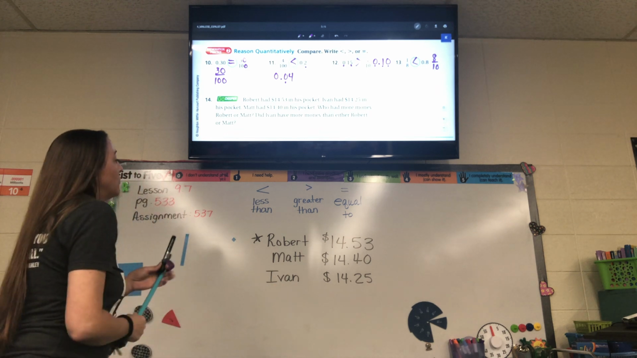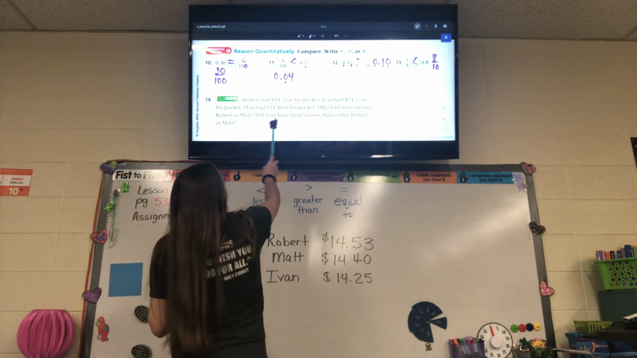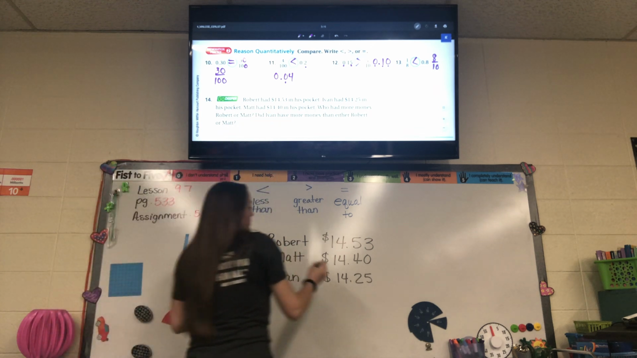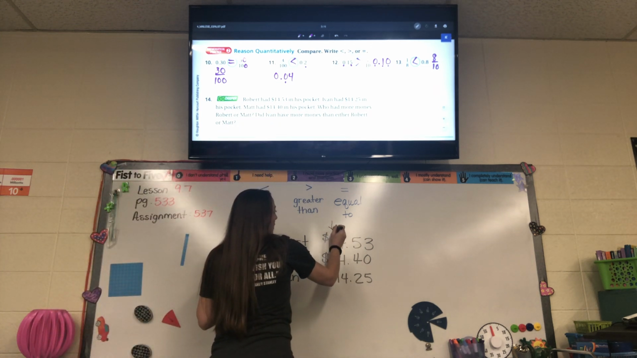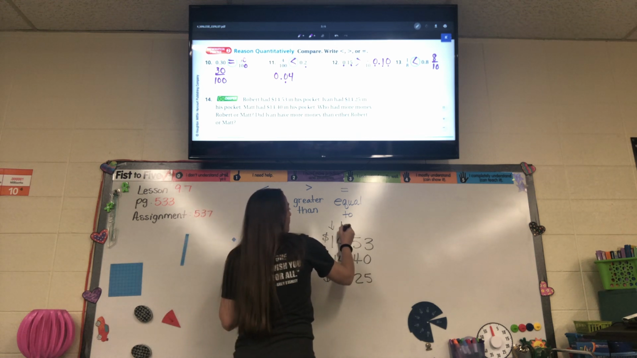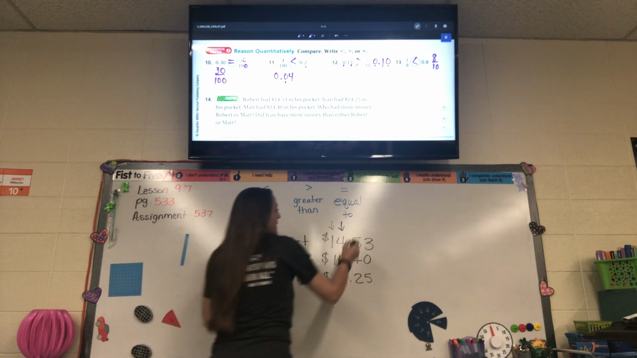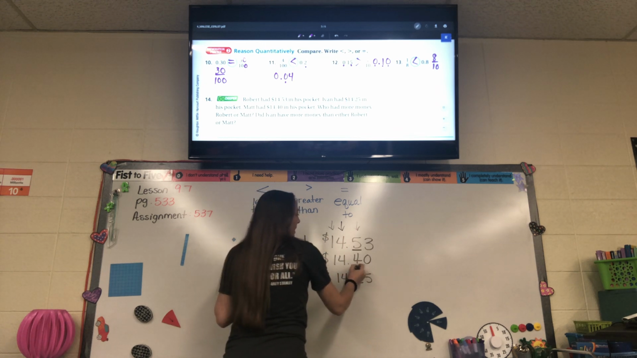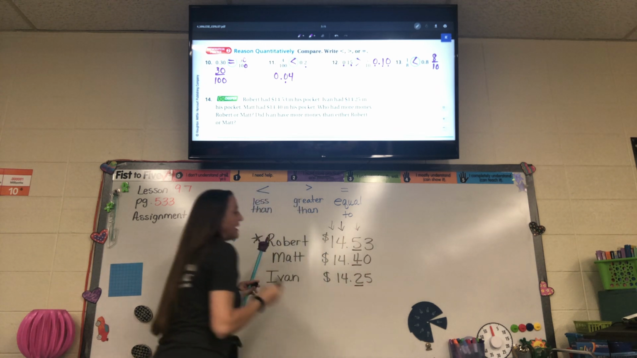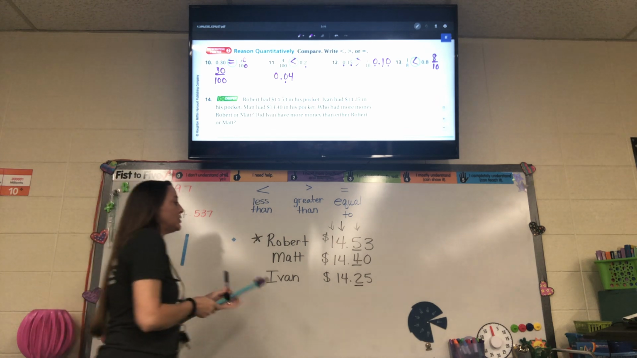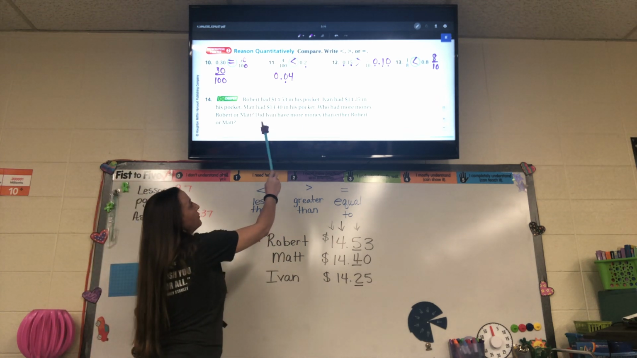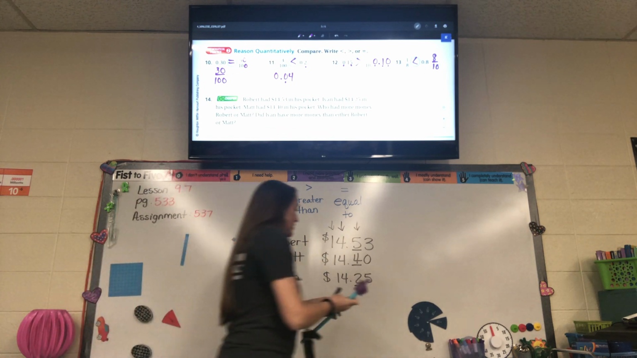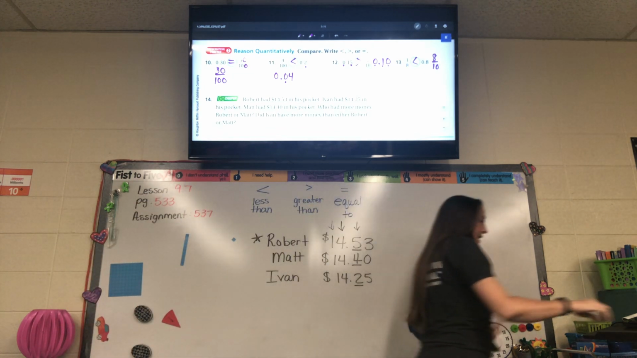And then it wants to know, did Ivan have more money than either Robert or Matt? So all three boys have a 1 in the tens place, a 4 in the ones place, and then the tenths place is what's different. So Robert has a 5, Matt has a 4, Ivan has a 2. Is 2, Ivan's amount, greater than the 4 or the 5? And it is not. So the way we're going to record that answer